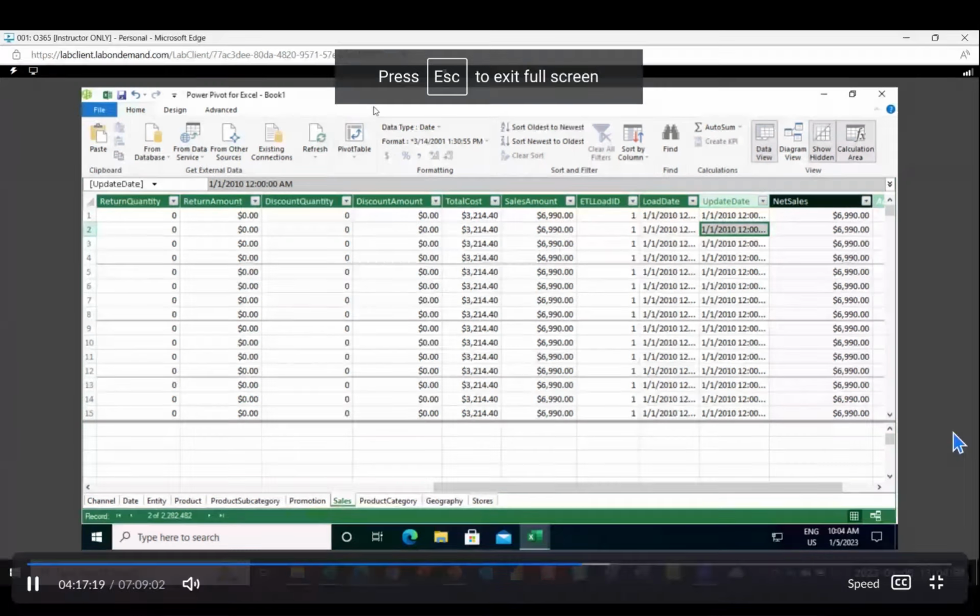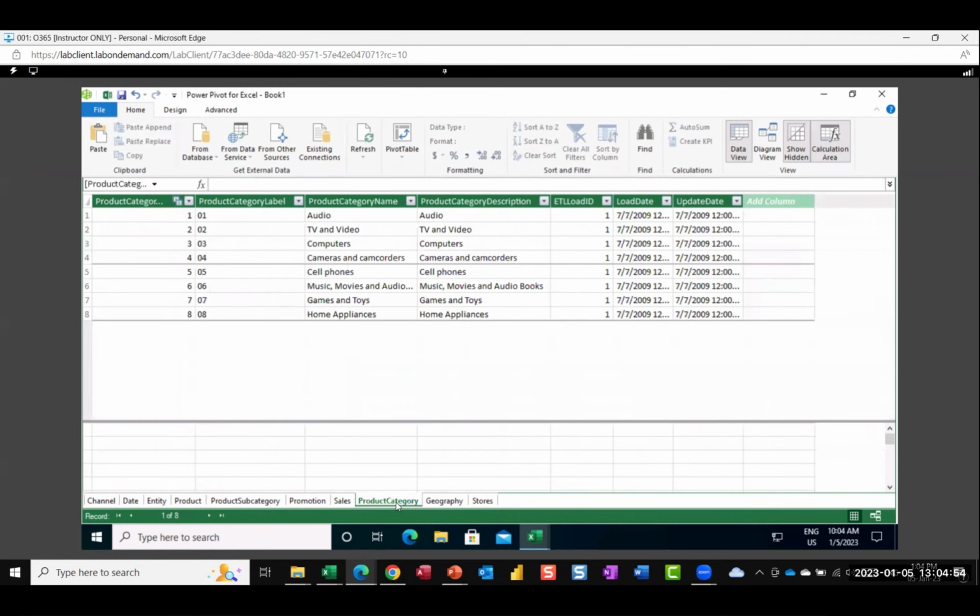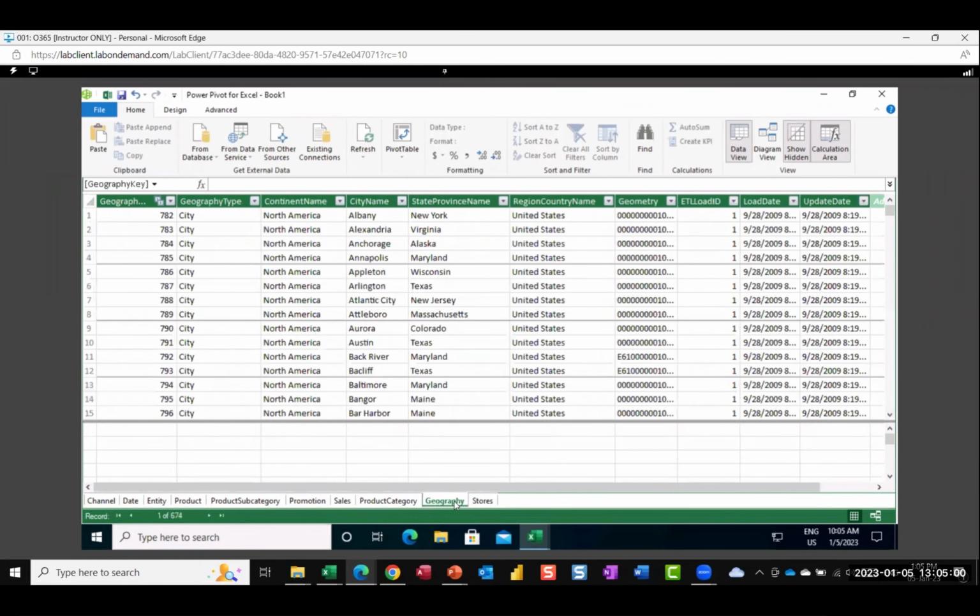Before the break, we started a bigger project in Power Pivot. We imported 2 databases. The first database consists of 7 tables and some relationships. The second database, product category, consists of 1 single table with 2 imported Excel files, geography and stores. After bringing all the data under 1 single roof,